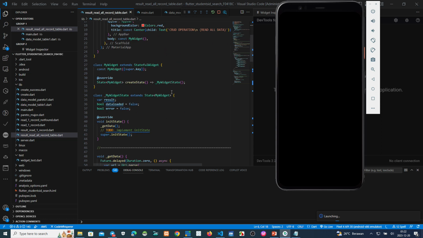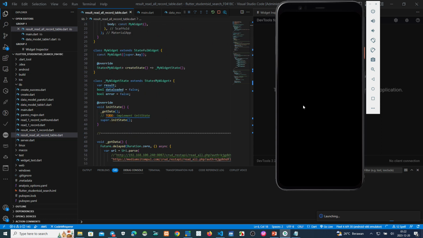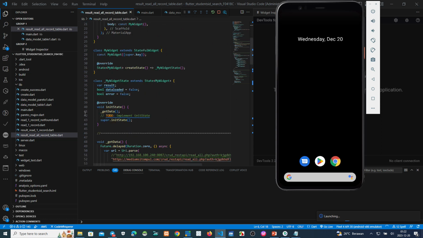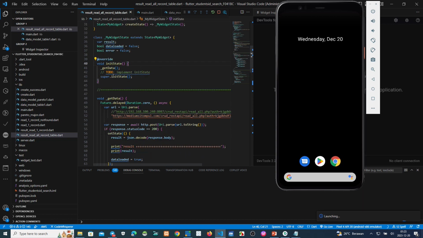Okay, why is this one black? This one, I mean, okay. We'll run, get the data. This is the first time after we run this script or this application, this initiate state will run the get data. The get data, this one, gets data from the backend, we can see on this console.